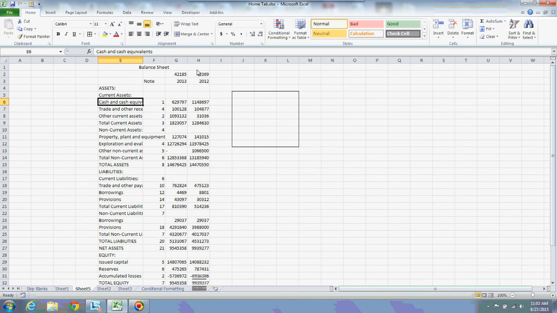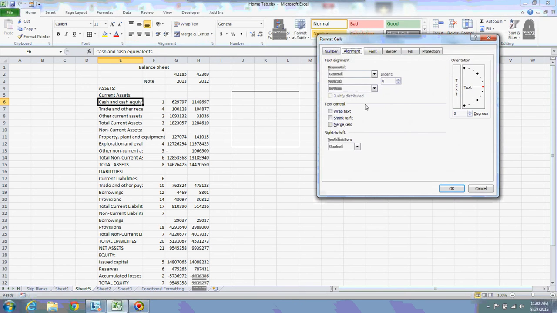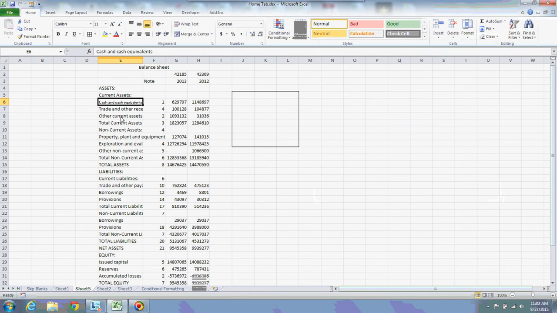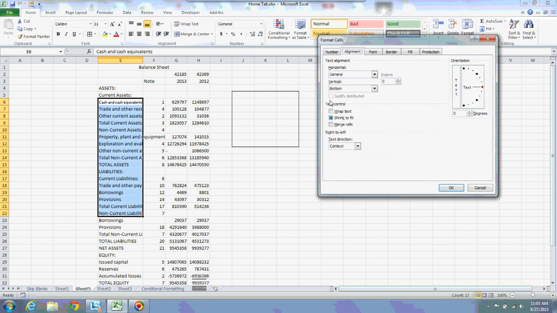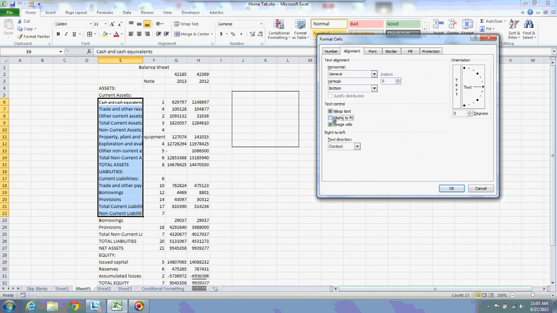Now I am using this option called shrink to fit. If I use the shrink to fit option, see what is going to happen for that cell. The cell contents have been shrunk based on the cell width to fit into the particular cell. You can select like this and use the shrink to fit option.